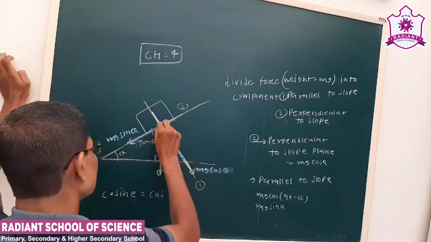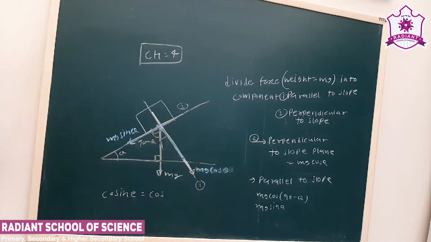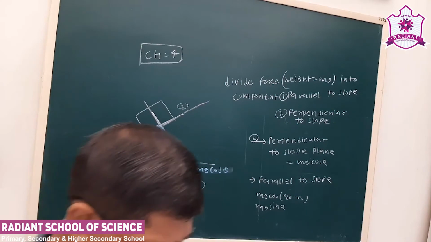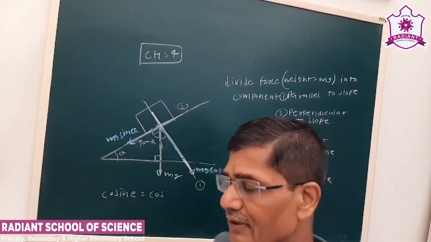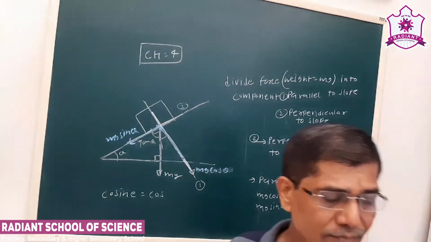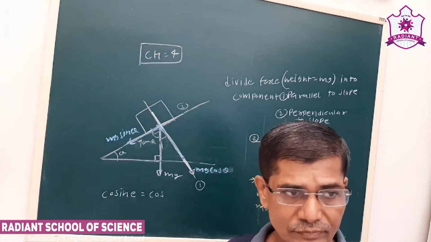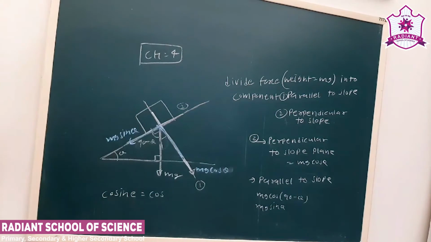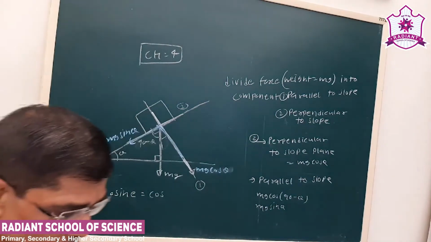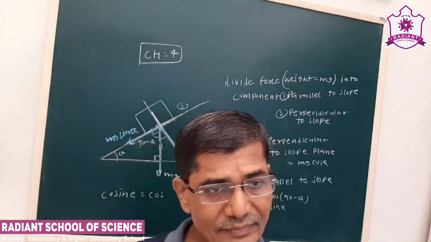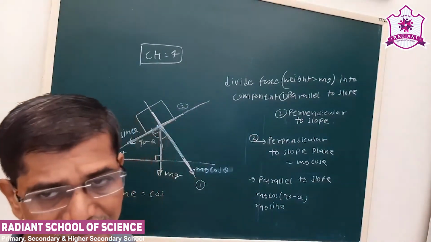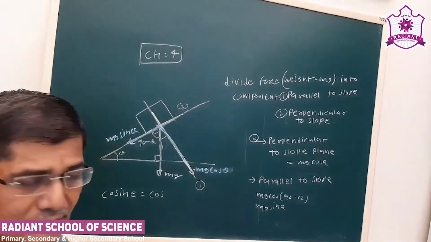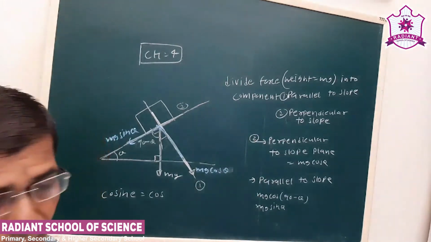Okay, so this is how the thing can work. See, it will become very clear. Why? Because this type of question, which is very important, you will study in lesson number 5, that is laws of motion. There this component of vector is a very useful concept we have to remember. That's why I thought we should have some revision of component of vector.